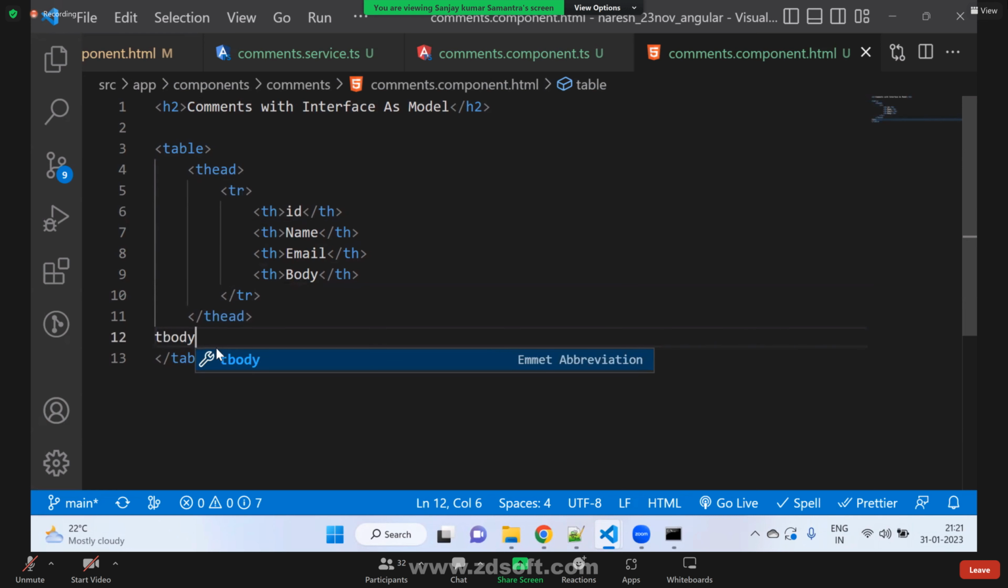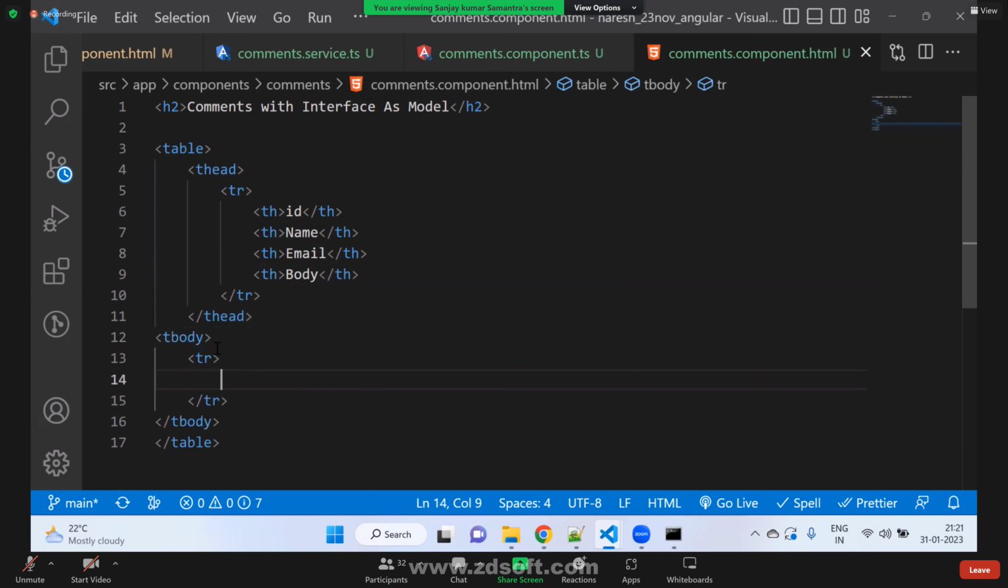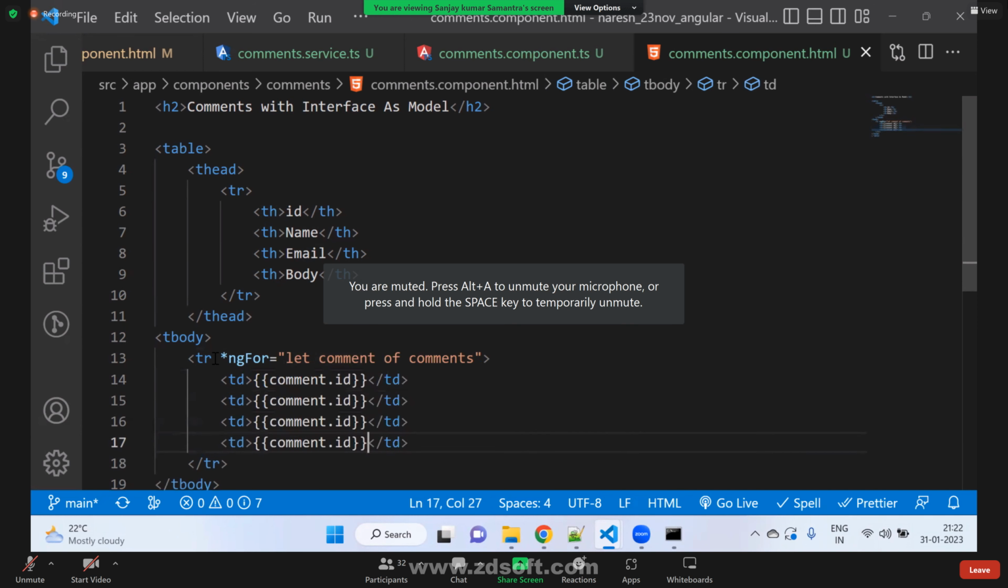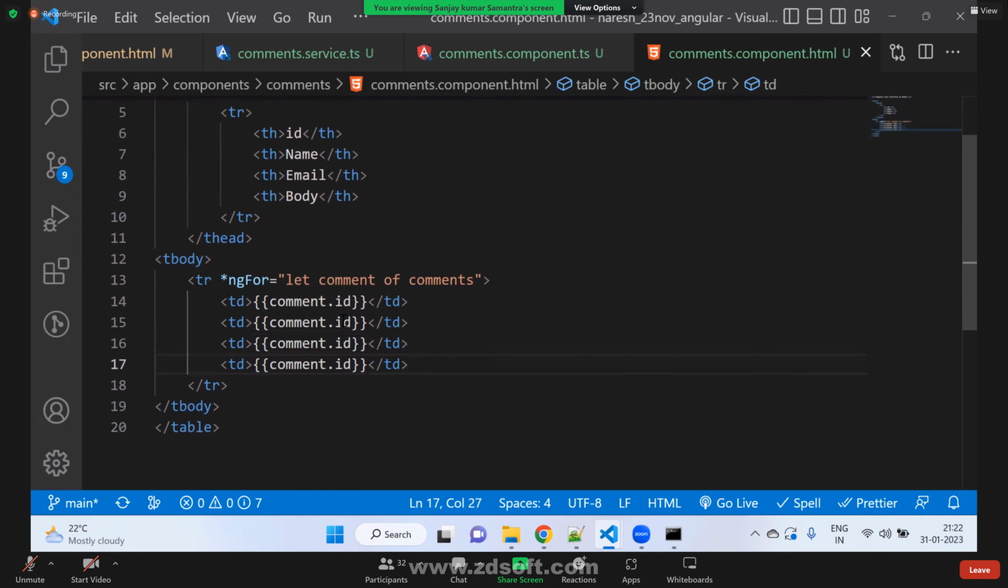tbody, tr. This row will be repeated. Starting: let comment of comments, then td comment dot id, comment dot name,